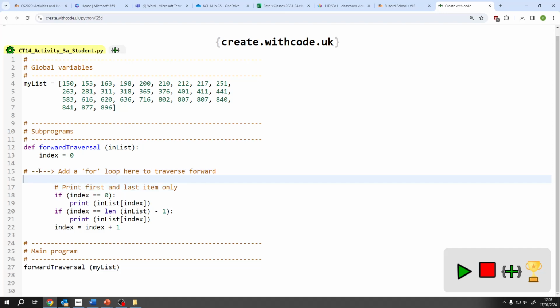Right, line 16. It says it's a for loop, and we want to go forwards. What does that mean? It means we should start looking at 150. And if we find it, we stop. If we don't find it, we're done. So what are we supposed to be looking at here? If index equals 0, print that. If index is in here,